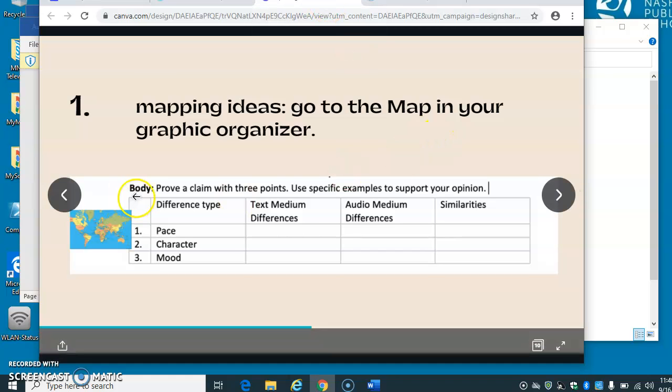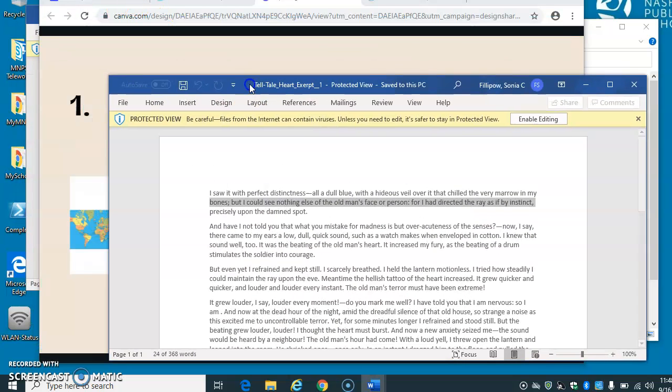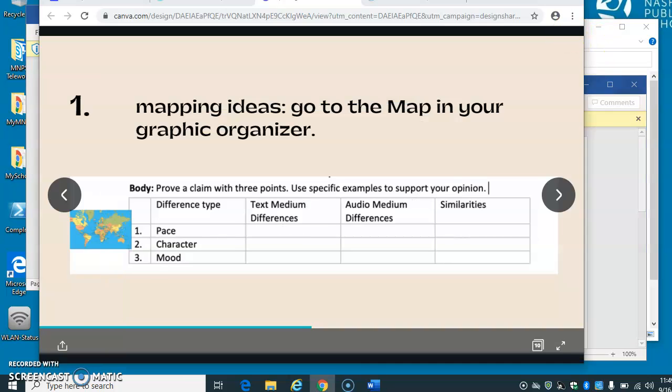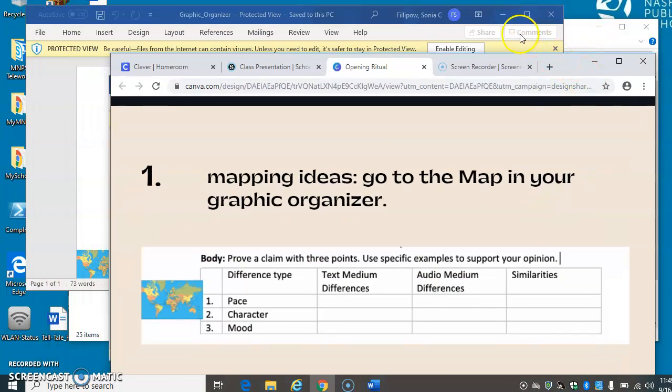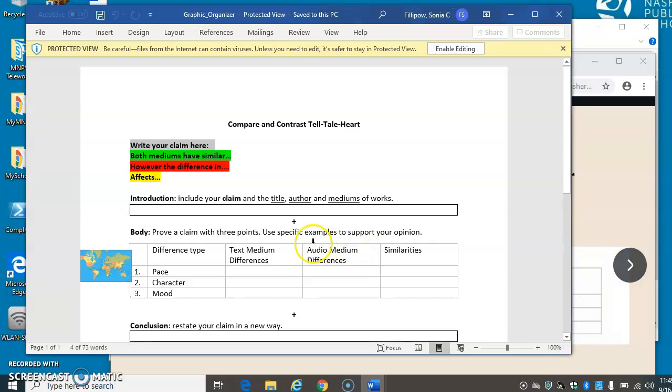And I don't want to miss anything up here. Just bear with me. And here is our graphic organizer. And you can see that right here we have our body, and right next to the map, this is where we are going to